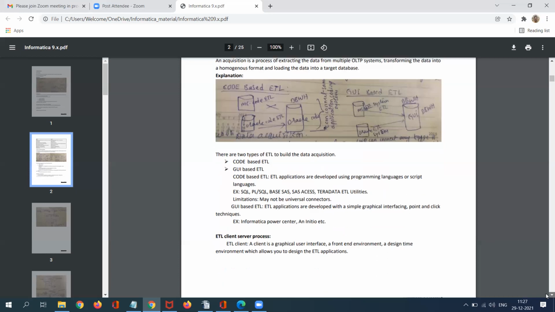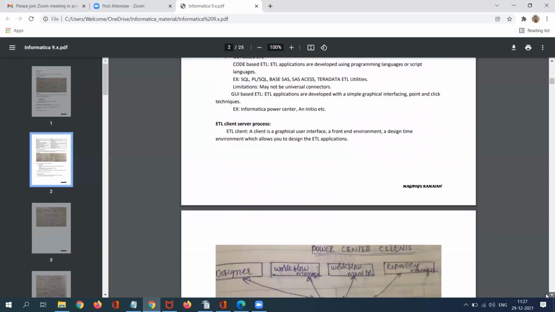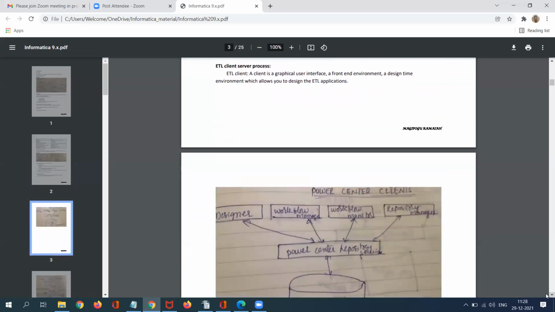In Informatica Power Center, we have multiple server processes available. We also have multiple Power Center clients. At a high level, we have services and clients. Services are the integration service and repository service. Related to clients, we have 4 clients.